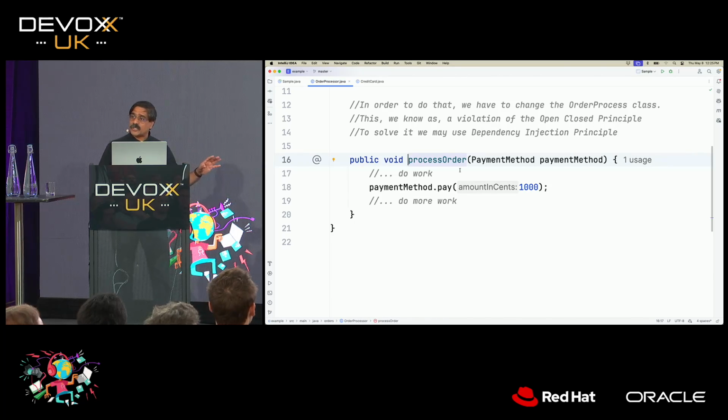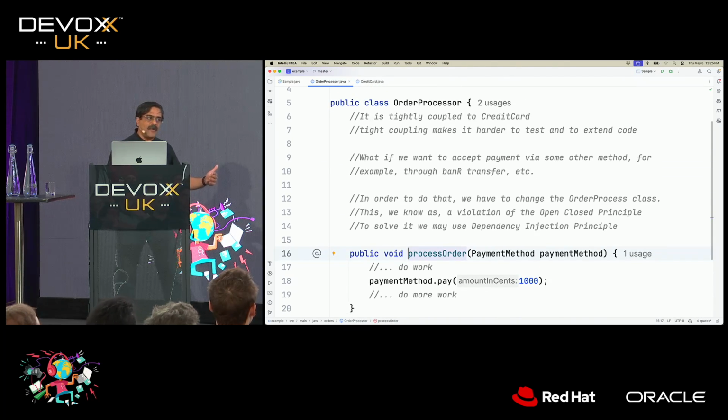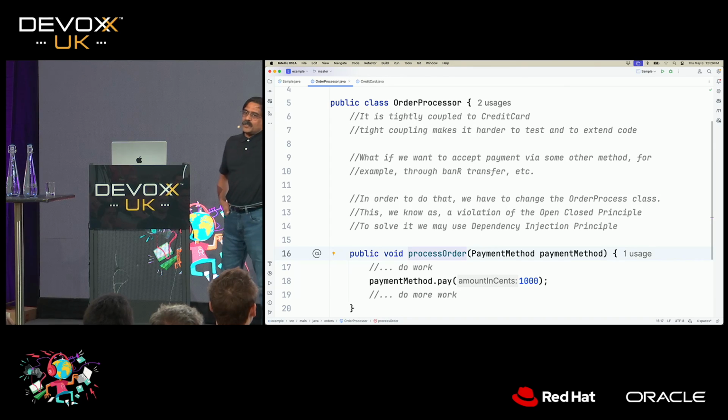What we achieved with this solution is that the order processor is extensible for different payment methods. So you might pay through a bank transfer. You may pay through other means that you want to pay through, but you don't have to modify the payment method or the order process order function. Now, I often say extensibility is a slippery slope. You should never say the code is extensible. You should always say the code is extensible for a particular purpose.